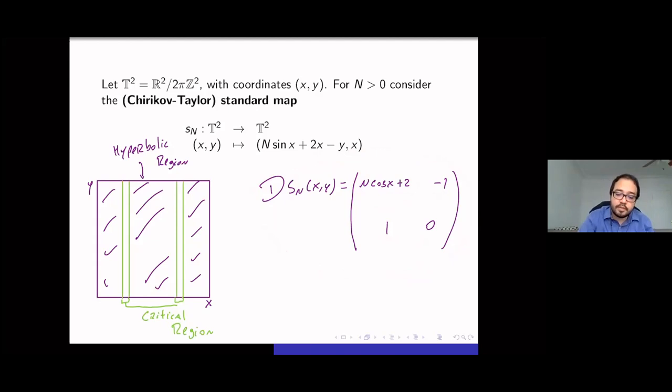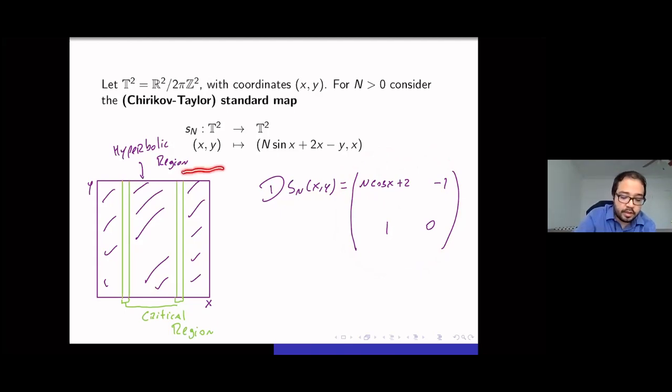One thing is that this matrix has Jacobian 1. So if you see expansion somewhere, you should see contraction as well, because the determinant has to be 1. And one thing that can happen here is that whenever cosine x comes close to 0, you could start to get something like 0 here, and you start to get rotations. So you have a matrix close to 0, -1, 1, 0, where horizontal vectors become vertical vectors. And this adds some difficulties in this model.